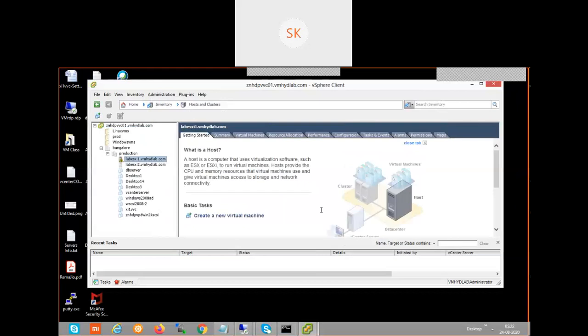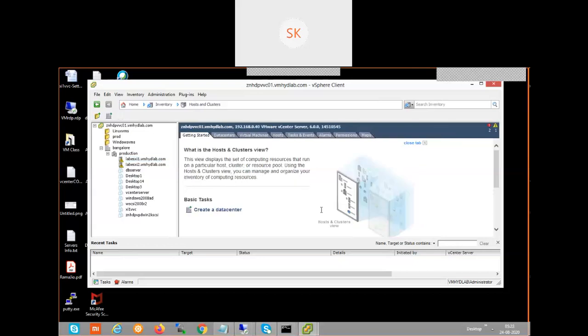So HA is a reactive approach, DRS is a proactive approach. Without impacting the resources in DRS, VMs will migrate from one ESXi host to another ESXi host. If the utilization is very high on each ESXi host, sometimes it may go down because of resource crunch. To avoid that, proactively identify which VM is causing high utilization. That VM will trigger automatic migration from one ESXi host to another ESXi host. That is DRS. Let's go and see what the features of HA and DRS are.